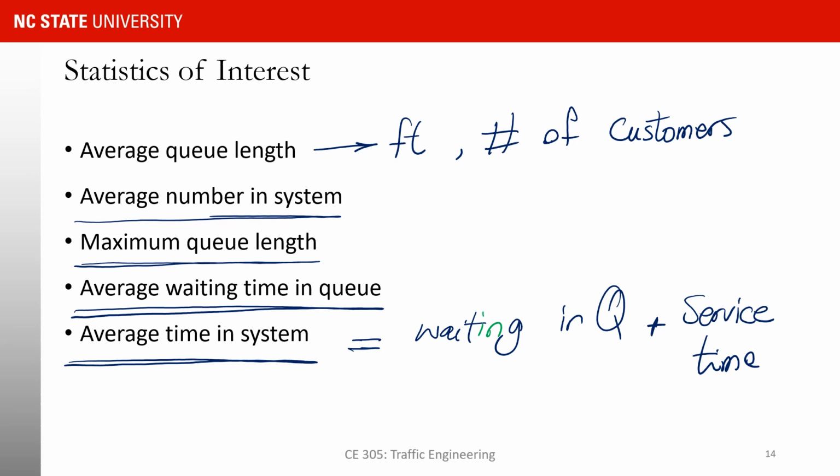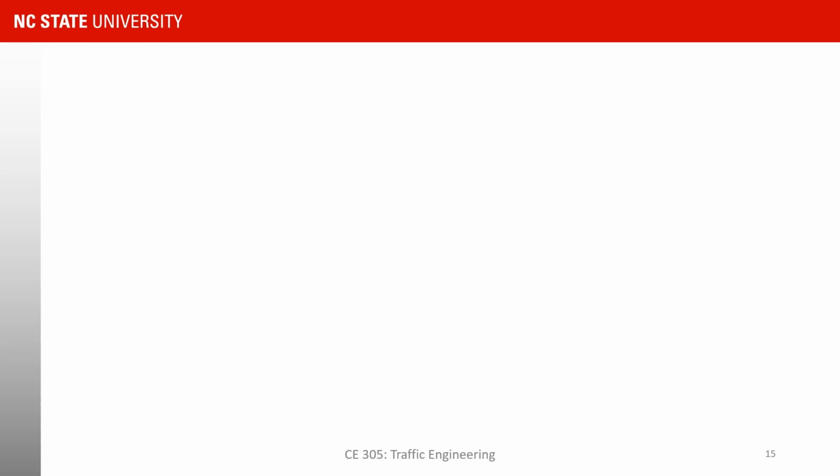So we would be interested in being able to find values for each of these statistics that I mentioned on this slide. Here is a perfect place to stop, and from the next class I start talking about DD1 queuing, and we will do so by going through a couple of examples, and we will learn how to analyze this queuing system by going through those examples. Have a good one.